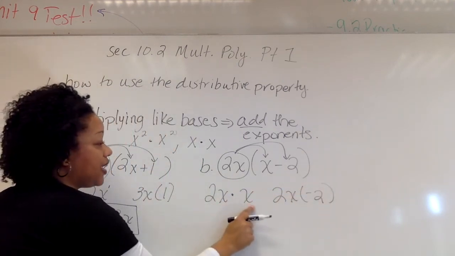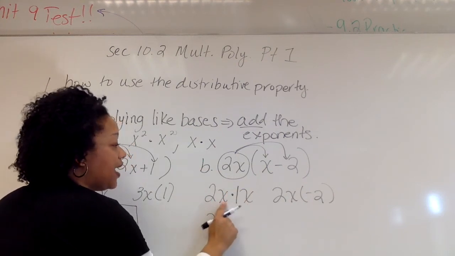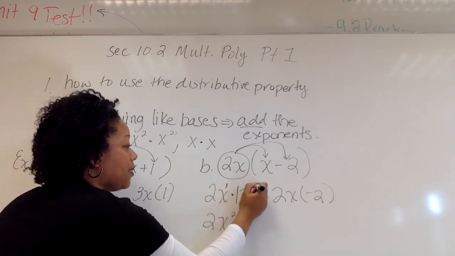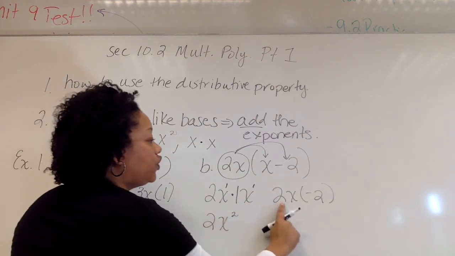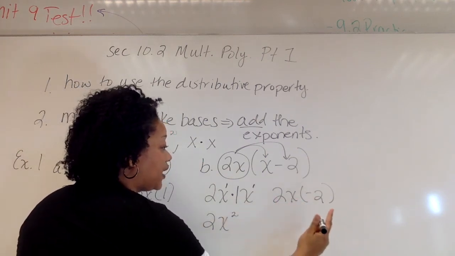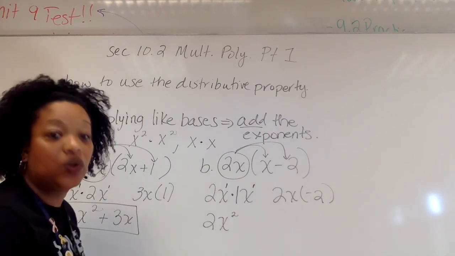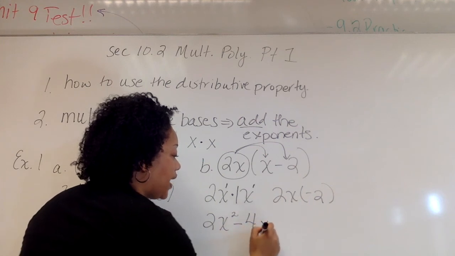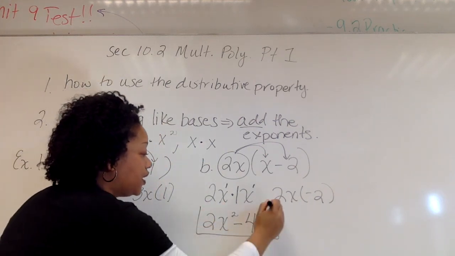All right, 2x times x, there's an invisible 1 here, so that's saying 2x times x is 2x squared. How do I know that? Because I added my exponents. All right, I added my exponents. 2 times 2 is just negative 4. And then I just slap that x on because it's just 2x times negative 2. That's negative 4x. So I bring that over. My entire answer is 2x squared